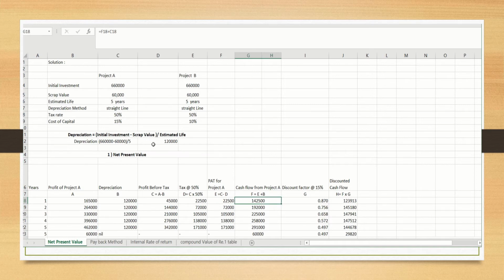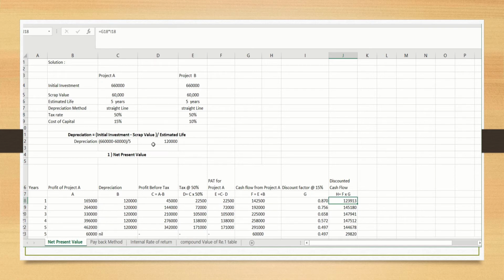Cash flows are calculated by adding back depreciation to profit after tax, so 22,500 plus 1,20,000 comes to 1,42,500. The discount factor at 15% for the first year is 0.870, which brings the discounted cash flow to